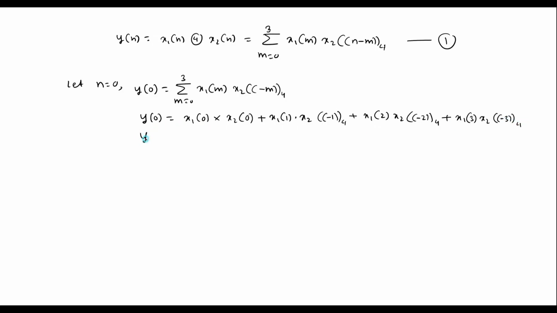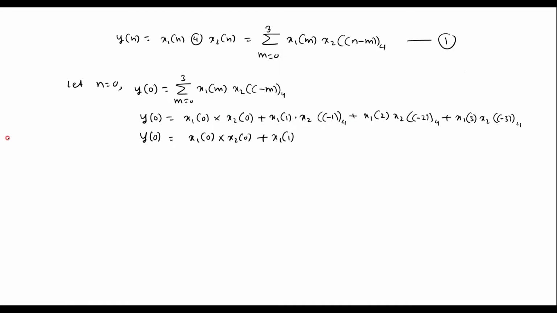So simplifying this, I'll get y of 0 is equal to x1 of 0 into x2 of 0 plus x1 of 1, x2 of minus 1 is nothing but x2 of 4 minus 1,